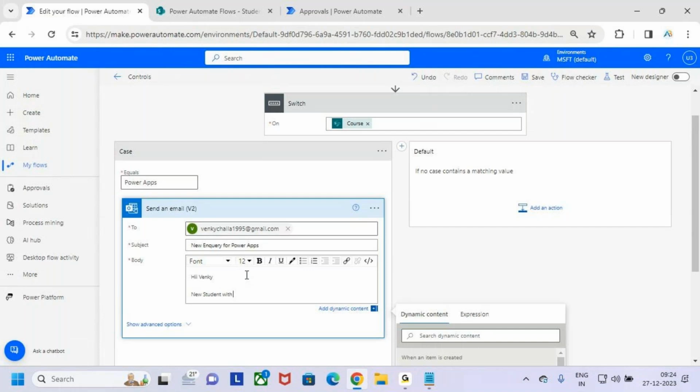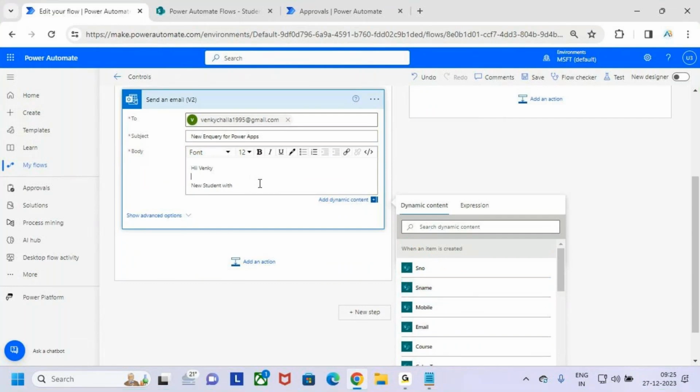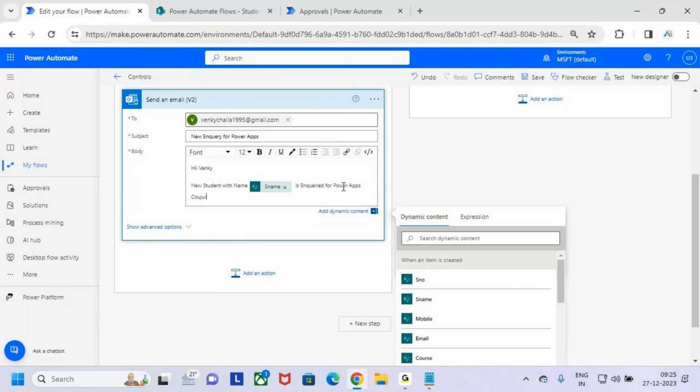with the name. What is the name? I want to select the name, guys. Whoever the student is entered, that student name I want to capture and place it here. New student with the name, whatever the name it is. Let us take student name is Sai. With the name Sai is inquired for Power Apps